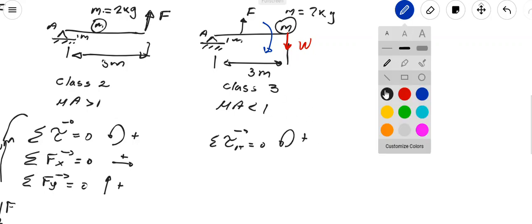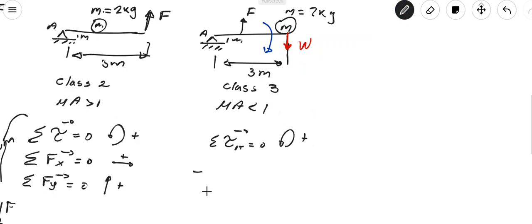So I have here a negative 2 kilograms. This is the torque due to the weight: negative 2 kilograms times 10 meters per second squared, the acceleration of gravity, so mass times gravity, times the distance from the mass to the fulcrum, so times 3 meters,